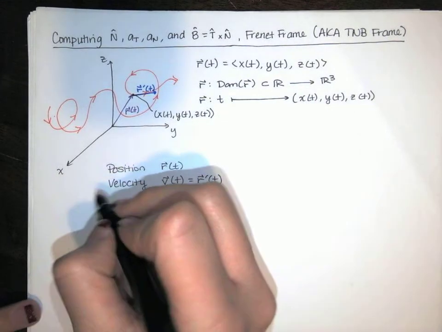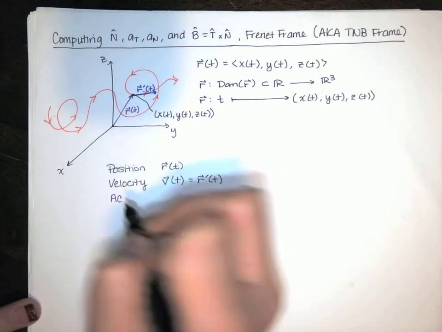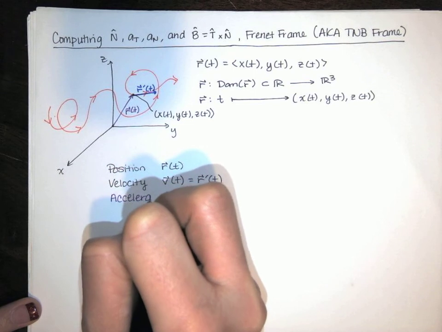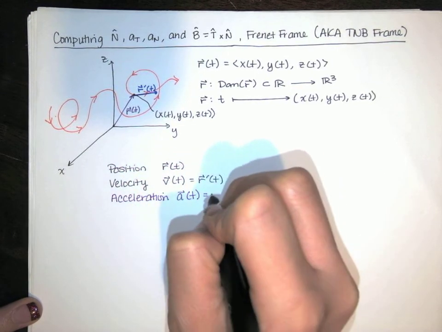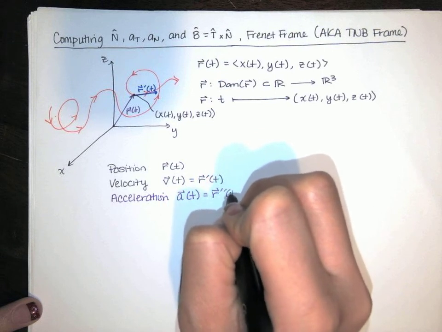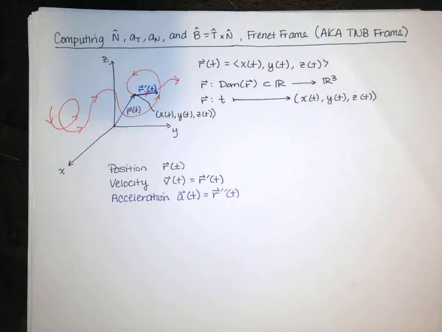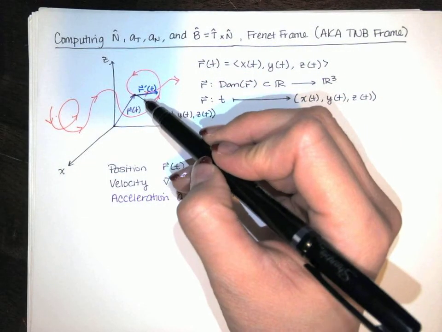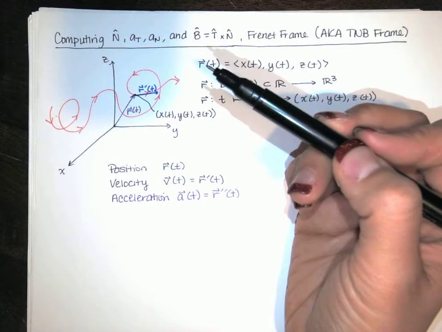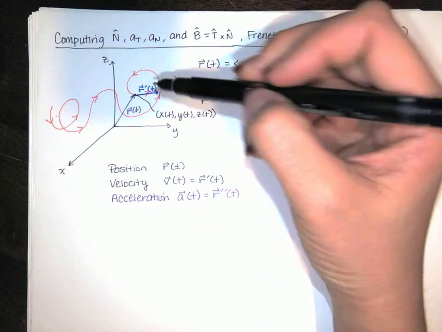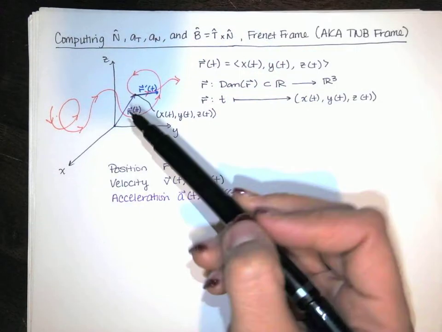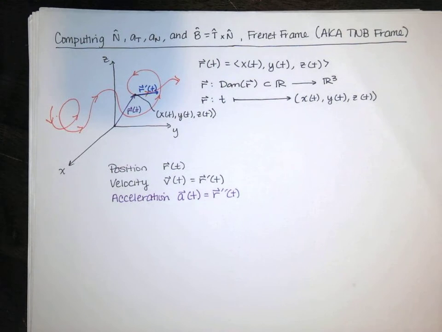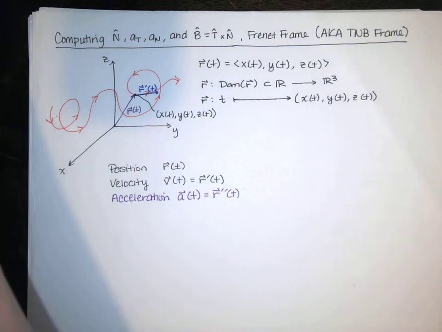And then acceleration is defined to be the second derivative of position, or the first derivative of velocity. And that's got 2 components. One component is tangent to the curve, or parallel to the curve, and then another component of the acceleration is normal to the curve. Now, if I'm in 3-dimensional space and I've got some curve, I'm going to look at